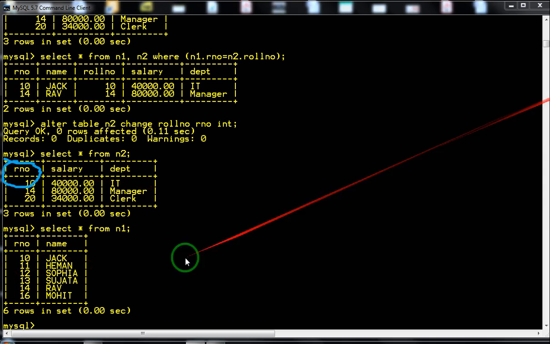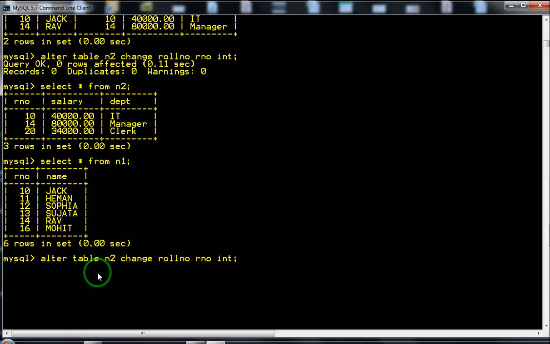Now if I give a query based only on the column, I am not specifying the name of the table here, R number. Here also I am writing only R number. So the computer will get confused. You can see over here, column R number in where clause is ambiguous.